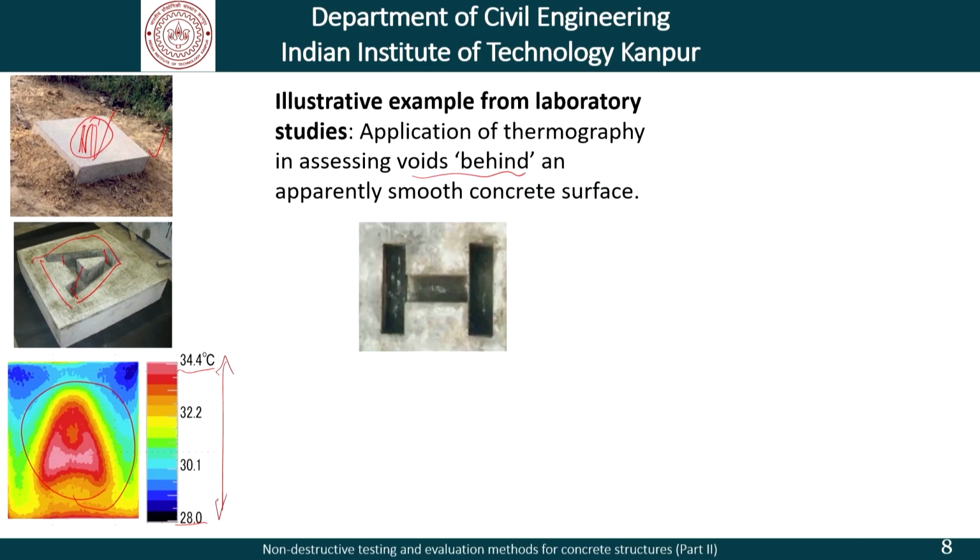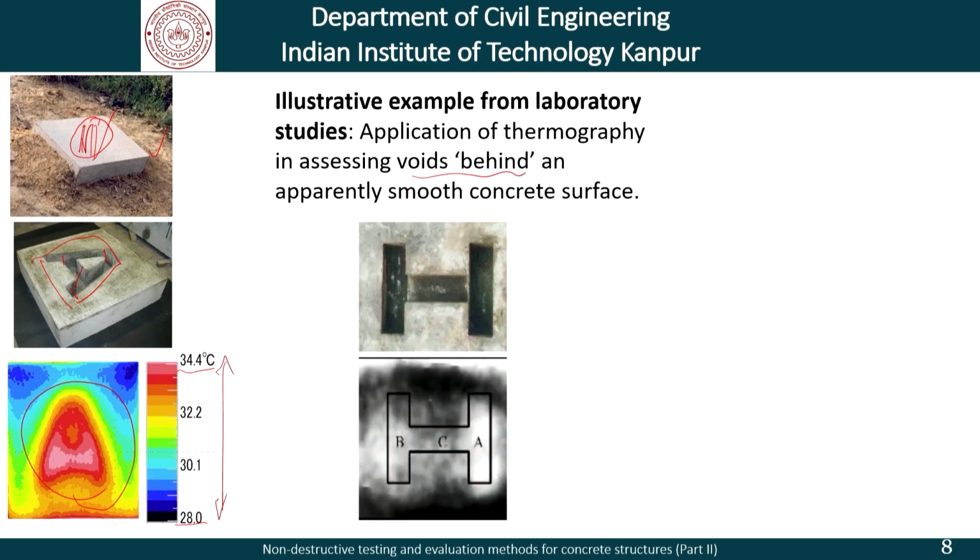Instead of an A, if the block or the gap is in the form of an H. Now, this is the previous example where we have A, C and P, with this hollow portion again being reflected in some changes here. So, there is a temperature here, a temperature here, which is higher. So, that is basically the application of infrared thermography.